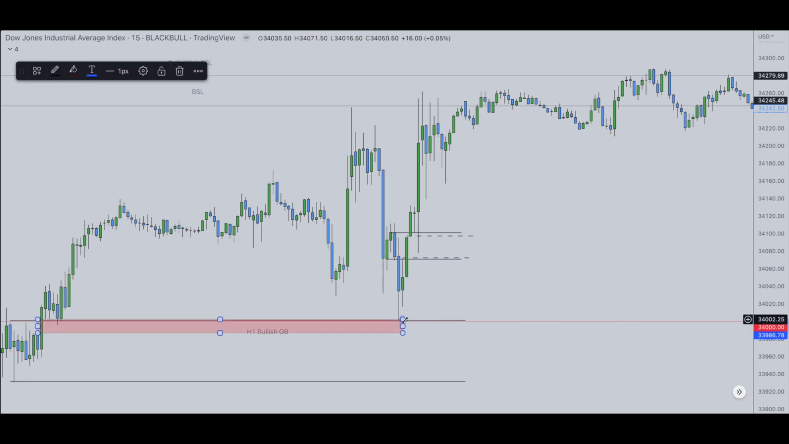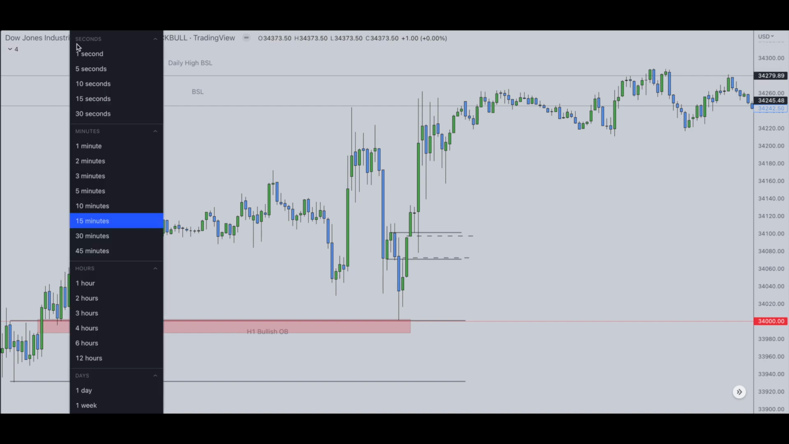Look at that imbalance from this candle's high up to this candle's low here. Extend that out. Look at that imbalance. Perfect price delivery. Why this imbalance? Well, it lines up with the H1 bullish order block. This is why you have to look at all your time frames for confirmations. So you might not think anything here stands out, but if you zoom out to the H1,